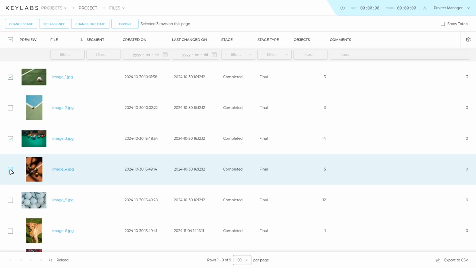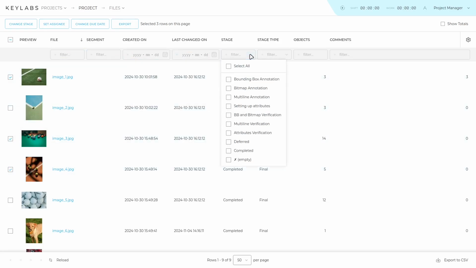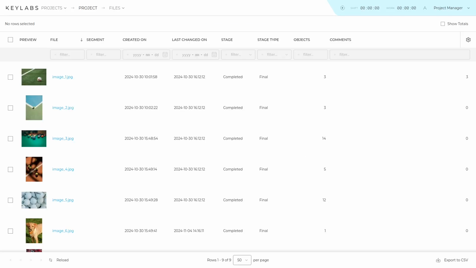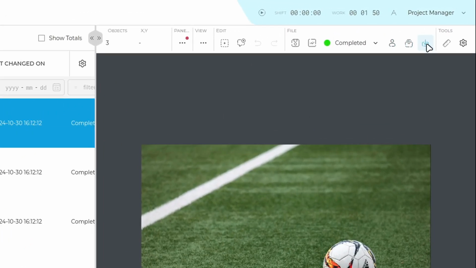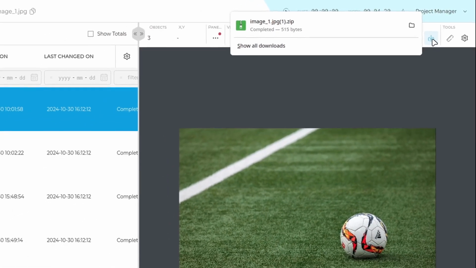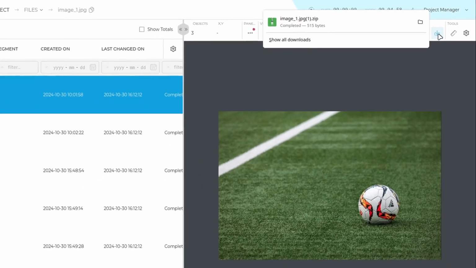Alternatively, you can choose the option to export all files matching the current search criteria. This is particularly useful when you have filtered your files and want to export the entire set that meets your conditions. After that, the platform will prompt you to switch to the Export tab, where you can download the exported file. You can also export files directly from the editor by clicking the corresponding Export button. This provides a convenient way to export your work without navigating away from your editing environment,